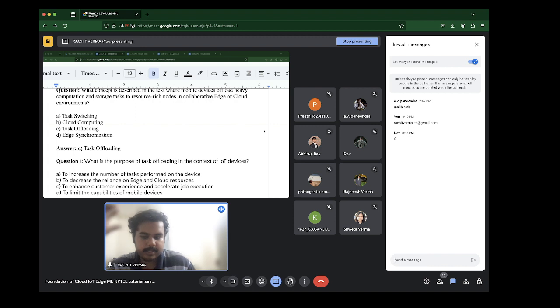We only care enough so that all the tasks that actually happen, they happen as fast as possible. And so now, as far as the reliance on edge and cloud resources is concerned, we may want to reduce the reliance on one of these individually and increase it on one more depending on the situation, right? So in the end, what we actually want to do is make sure that the reliance on the mobile device or the end device is actually reduced.